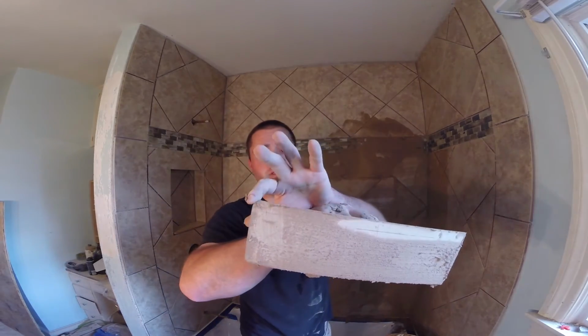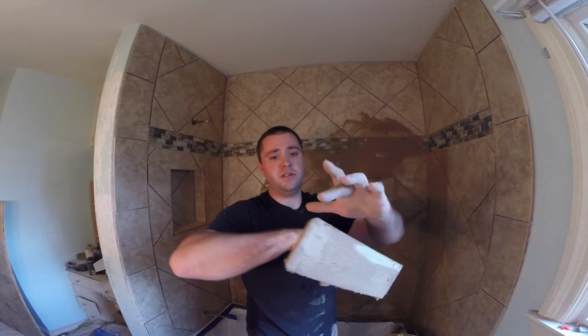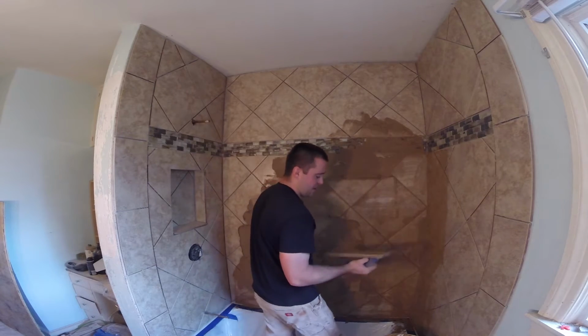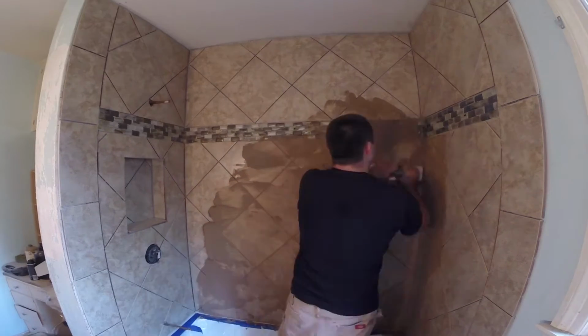On the trowel, there's this little curved edge here and there's a point on this side. So this right here would be for your corners. So you get a nice curved edge on there. I don't know what that would be for, but...